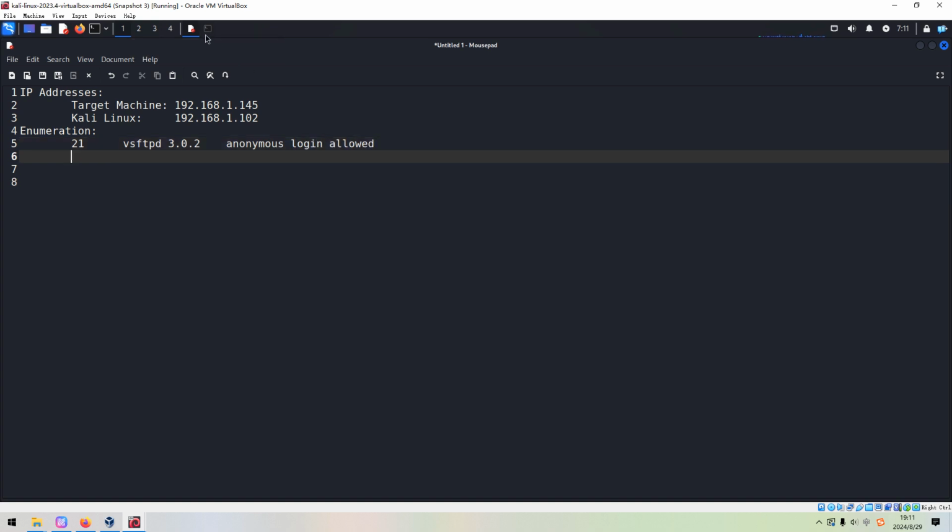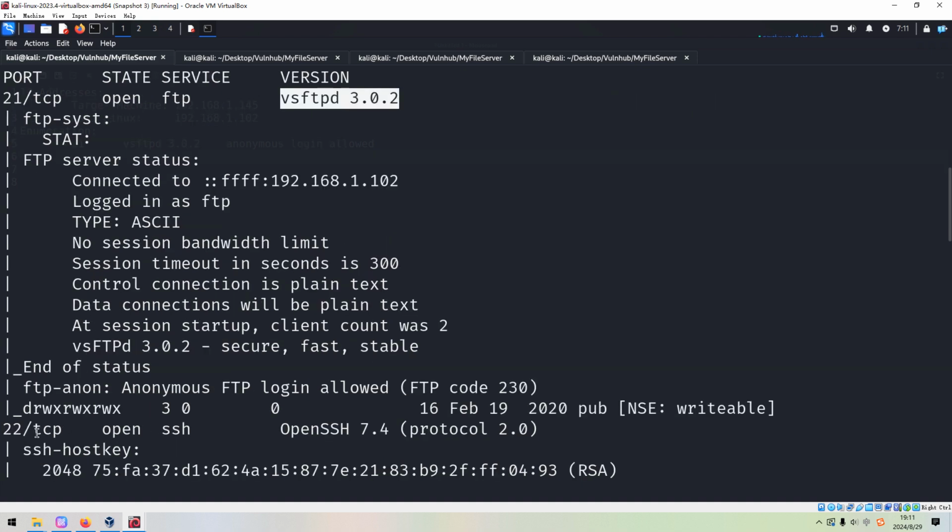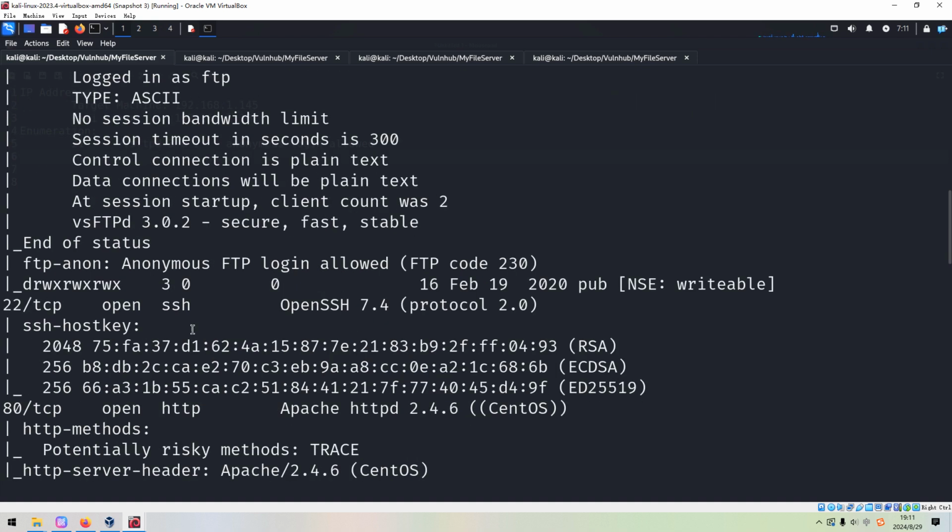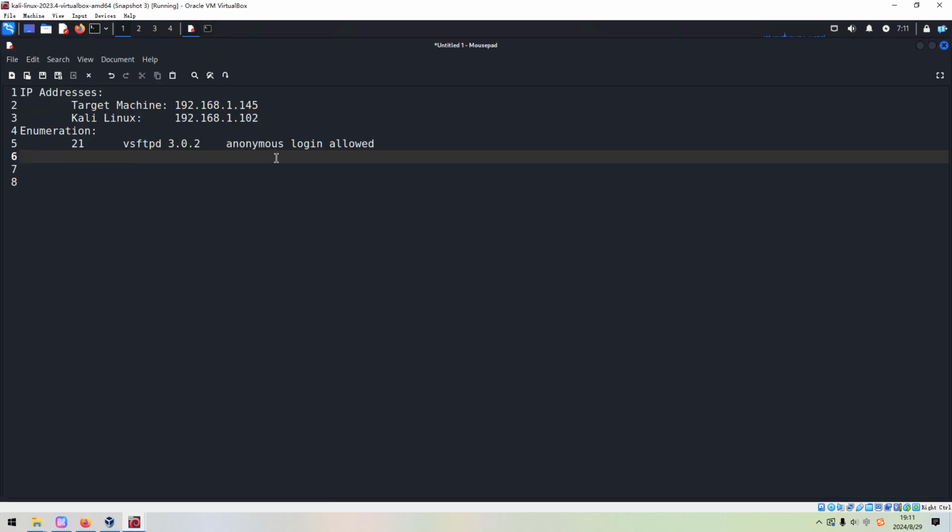The next port number is 22. I don't think we can find any vulnerability for this version of OpenSSH, although this version is a bit old or outdated. We can copy and put it over here.